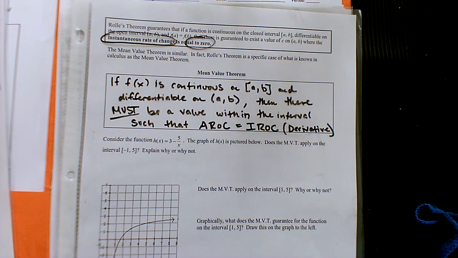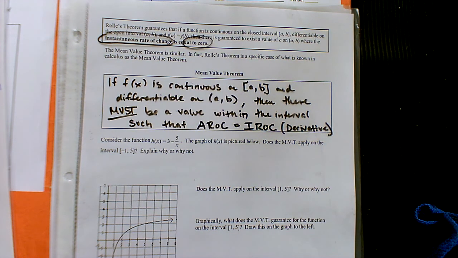So the mean value theorem is a little less specific. Notice how we got rid of the endpoint criteria. There's no statement in here that says the endpoints have to be the same. Now that they can be anywhere, we have a different conclusion. So this is now telling us the derivative is equal to the average slope. It's no longer just 0 like it was for Rolle's theorem. So they're basically the same concept. Rolle's theorem is 0, whereas the mean value theorem is the average rate of change. It's just a slight difference between the two.